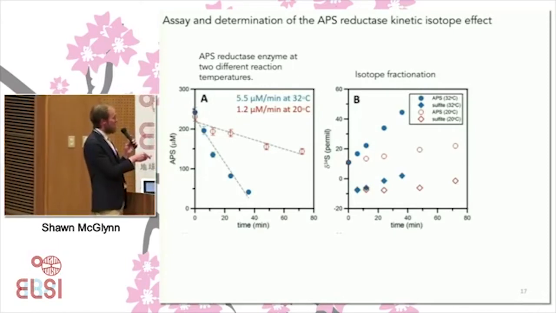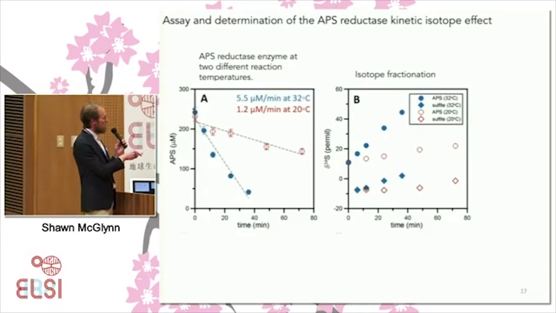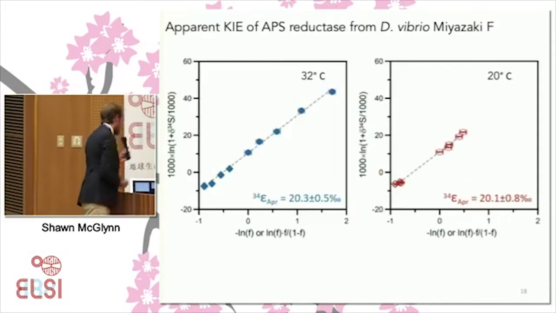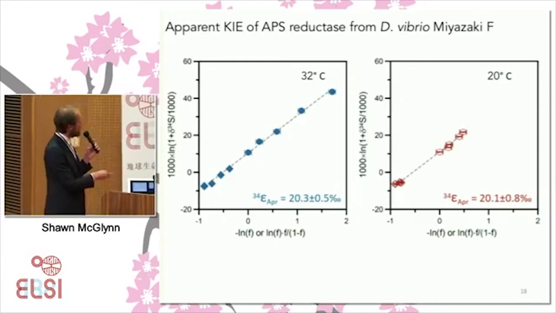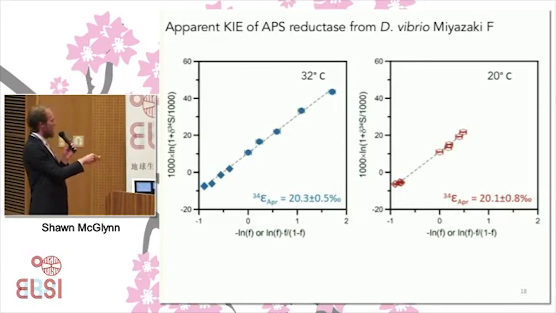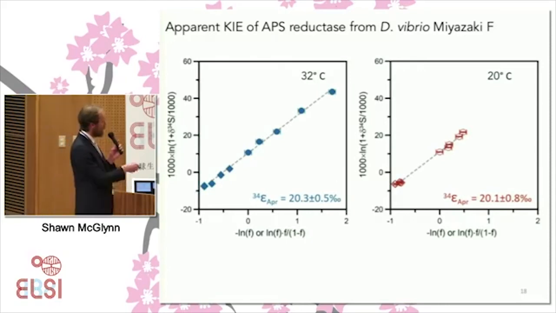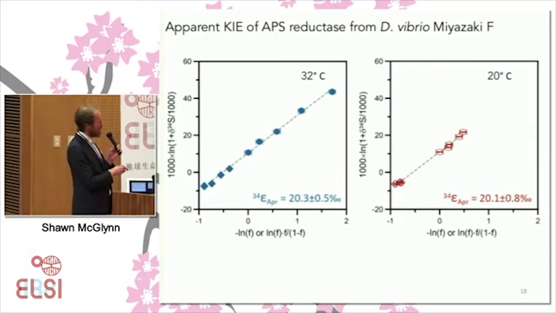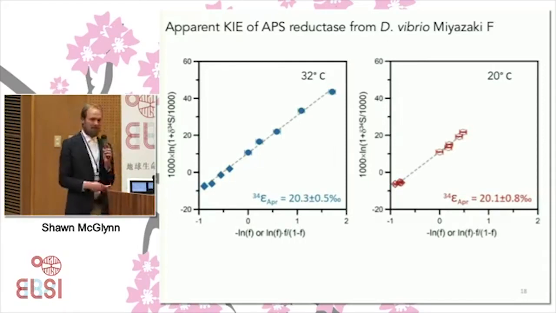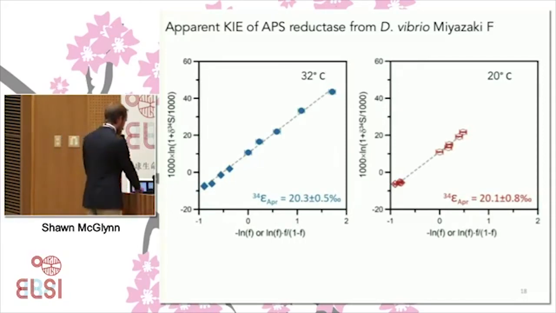And he was able to monitor the sulfur isotope compound value for APS, the substrate of the reaction, and the product of the reaction, and then make these basically Rayleigh fractionation curves, where the slope of this line is indicative of the 34-32 sulfur isotope difference between the product and the reactant here. I said before that the rate of the enzyme here is 5 times faster than the cool 20-degree assay version here, but something interesting: the isotope fractionation factor is basically the same between these 2 cases.